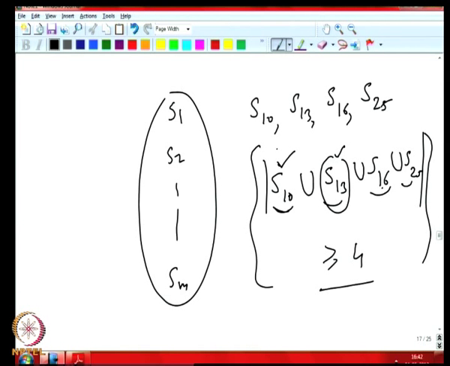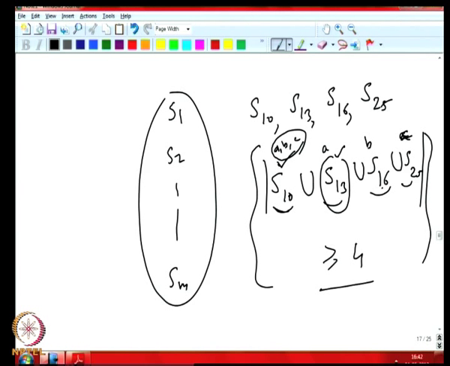Or maybe, see, for instance A and B are here: this can be A, this can be B, this can be another A, and this can be C. So everything together, if you take the union, it's only A, B, C. So we don't have 4 elements here. 4 sets does not guarantee that the union contains 4 elements. So Hall's theorem says,